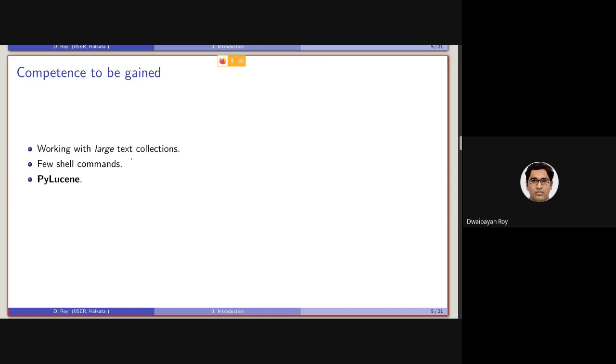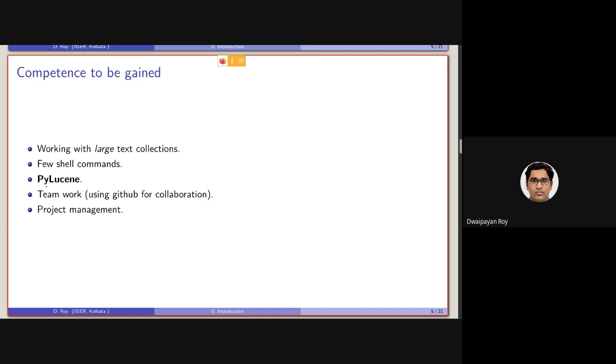One major thing that I planned on discussing in this course is to learn PyLucene. So Lucene is a tool that is developed in Java to make searching easier. And PyLucene is a Python wrapper for this Java package of Lucene. So we will be learning how to use PyLucene to develop a search engine on our own.